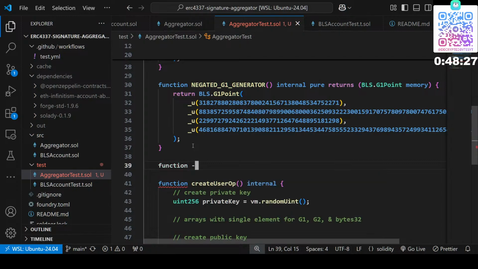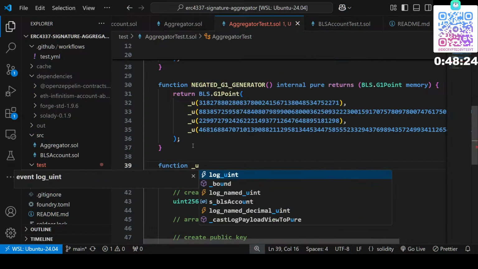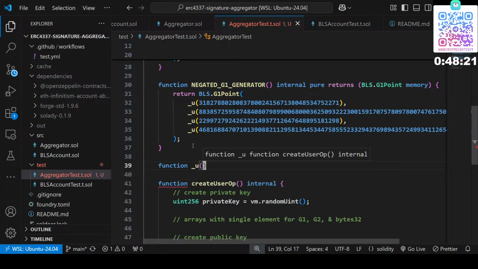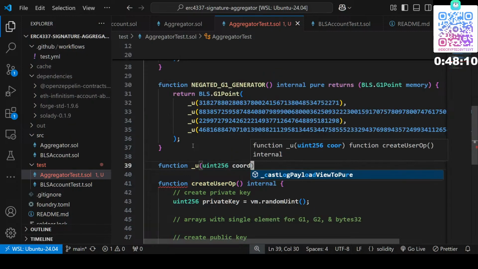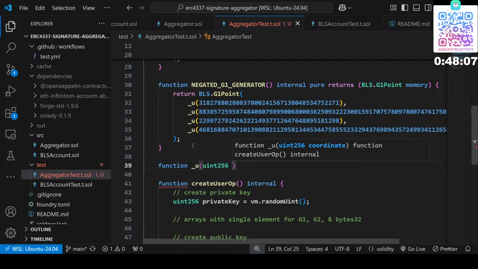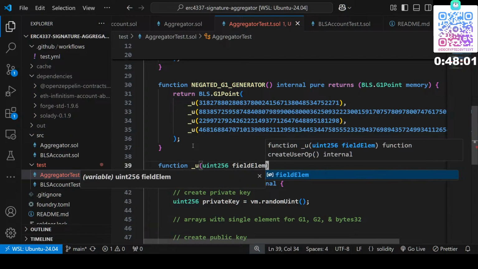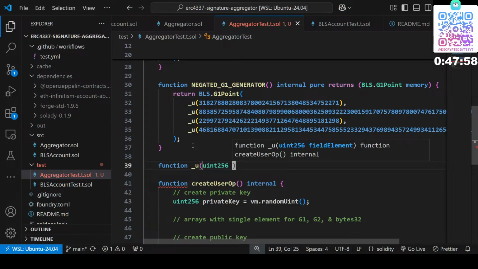Function _u into 256, is it field element, fp, internal pure, returns, no, internal view